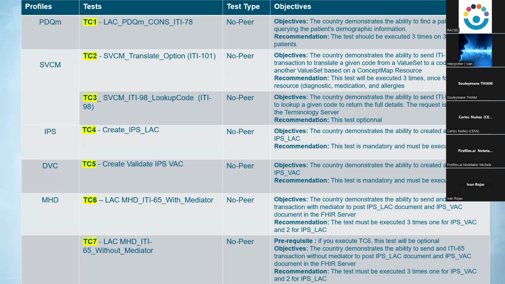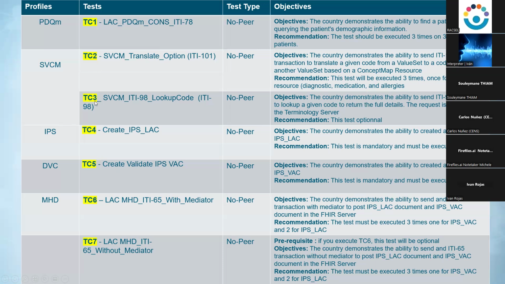Test case 3 is almost the same, but the transaction is different. It's ITI-98 of the profile SVCM. And test case 3 is not mandatory, so it's up to you. You will decide if you will execute it or not. You will see in Gazelle the description of the test. If you feel your system is ready, you can execute it. Otherwise, it's not mandatory.